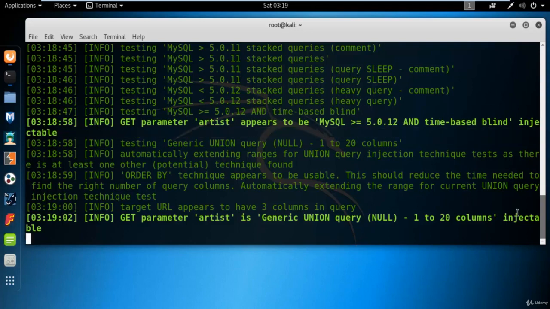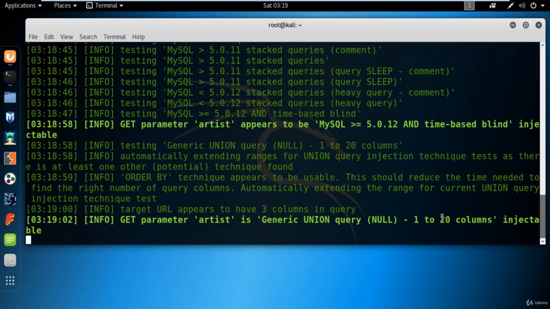It is taking some time, trying 20 columns and trying to find the number of columns available in the application. You need to wait, and it will find a vulnerable parameter, and we need to use that parameter to attack the website.